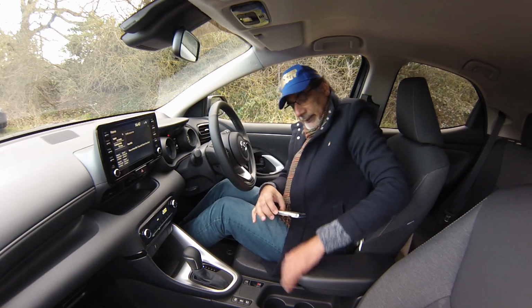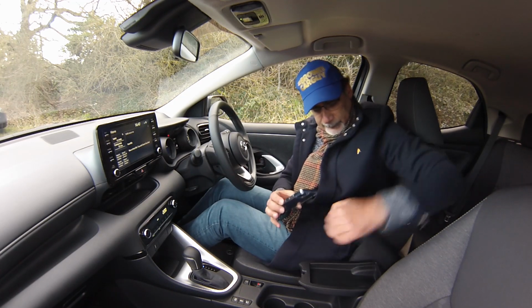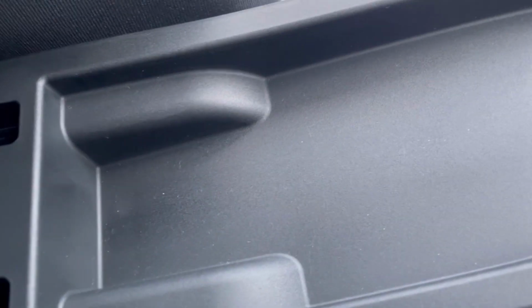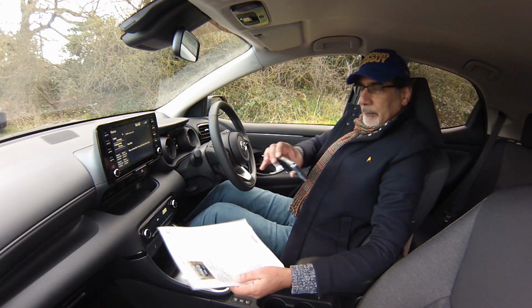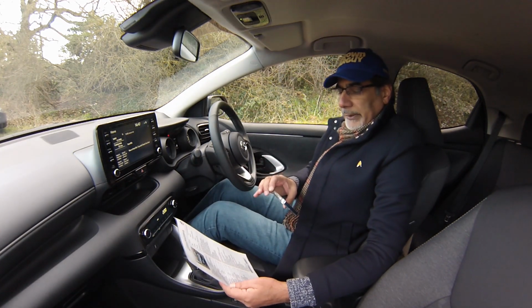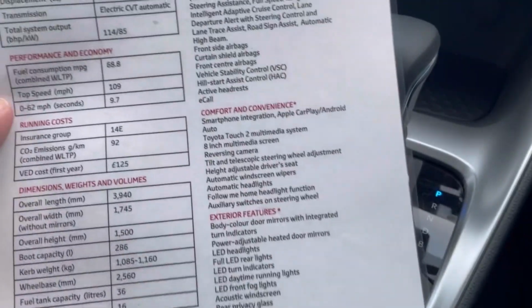Cup holders down here, and an armrest. There is something in the armrest, another little compartment in there. That's quite handy, so that's good. So this car is the Design. Pretty much, I think at the moment, that's what they're offering here. It's very well equipped. I mean, the only thing on here is metallic paint as an option, and everything else